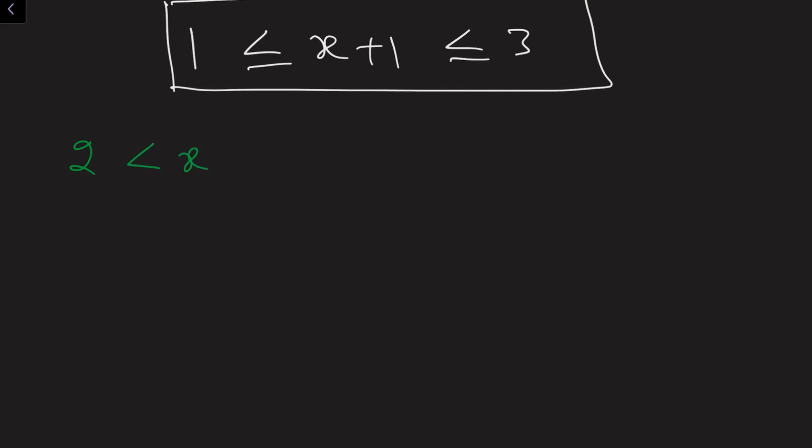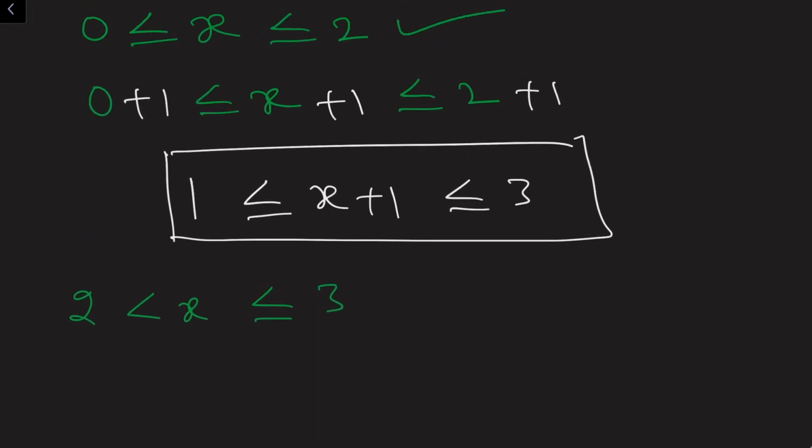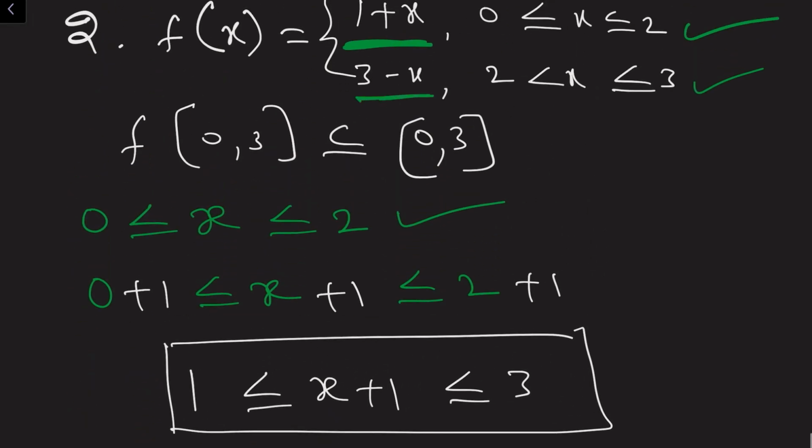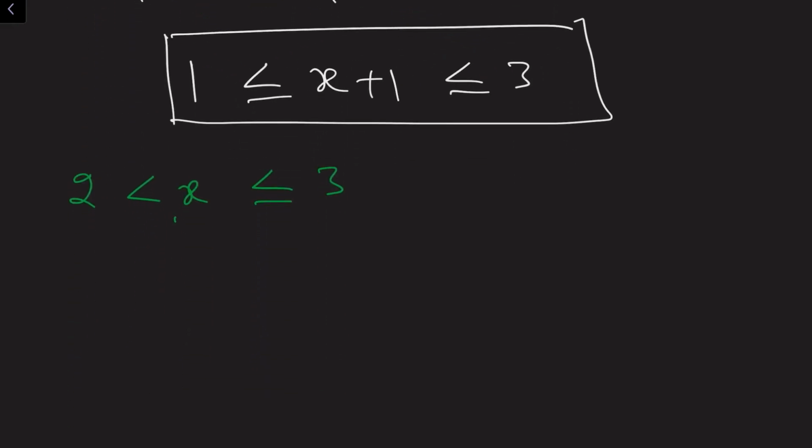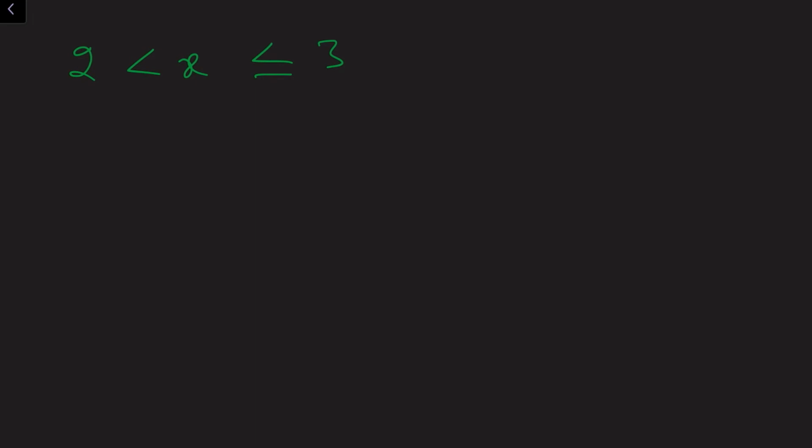2 less than x less than or equals to 3. Now if we observe the second statement, here we have 3 minus x, whereas in the middle here we have plus x. So to change that plus x to minus x, for every term of this inequality I am going to multiply with minus. Whenever we are multiplying the inequality with minus, the symbols will change. Minus 2, less than symbol will become greater than symbol, minus x, less than or equal to symbol will become greater than or equals to minus 3.